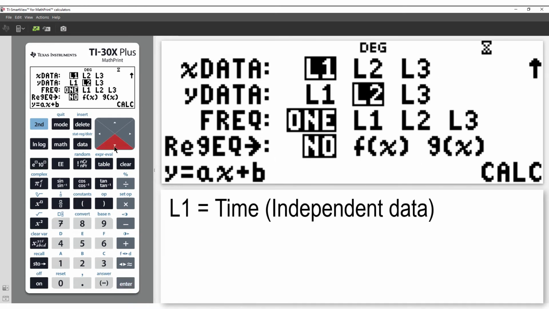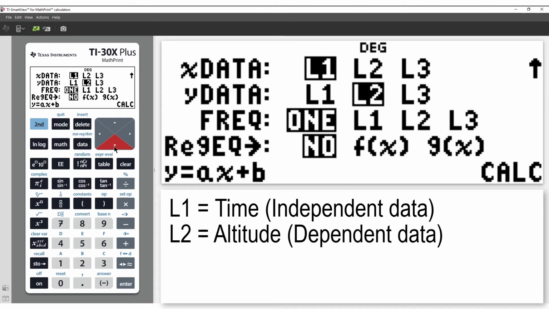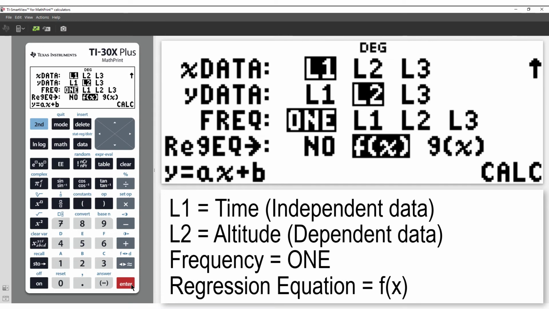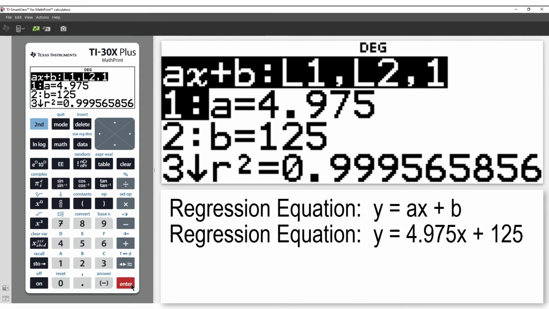Time is our independent data and is located in list 1. Altitude is the dependent data and is located in list 2. We're not dealing with frequency data, so I'll select 1. And finally, I'll store the equation in f of x. Navigate down to Calculate, and now we have our equation,